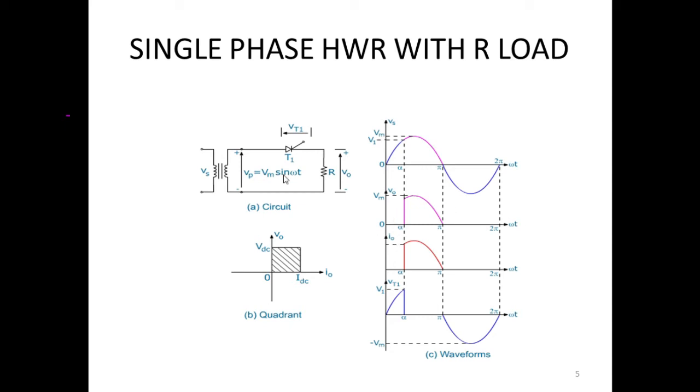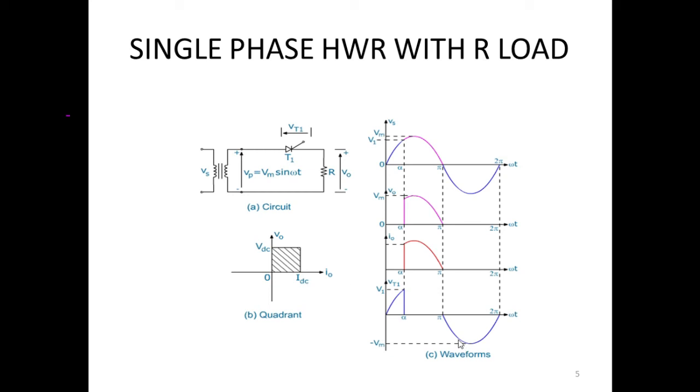In this case, the conventional current flows from the source to the load. Therefore, the output current also flows this way, that is, from positive through R to the negative. Both the output voltage as well as the output current are in the same direction, only the magnitude differs. Therefore, this operates in the first quadrant. We can see here that both the voltage and the current are positive.